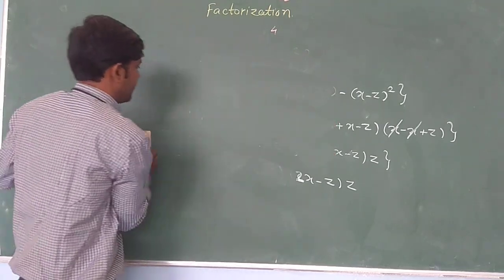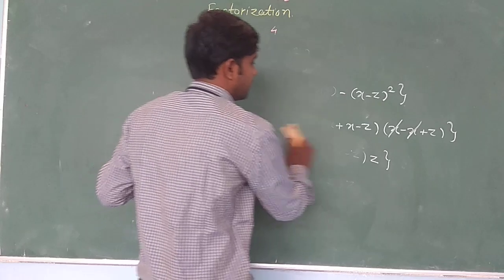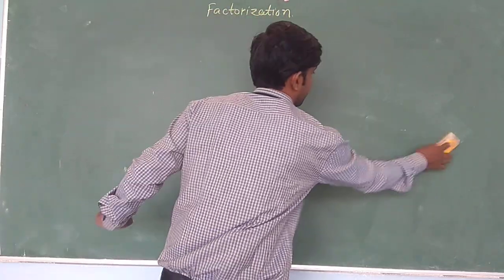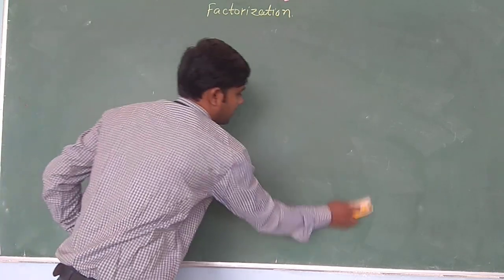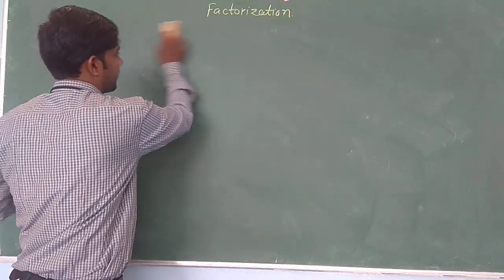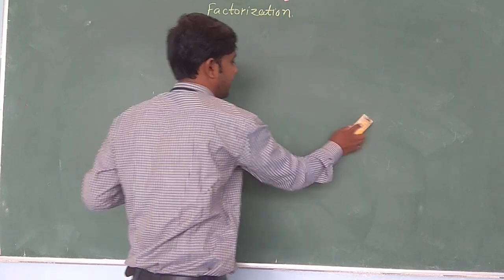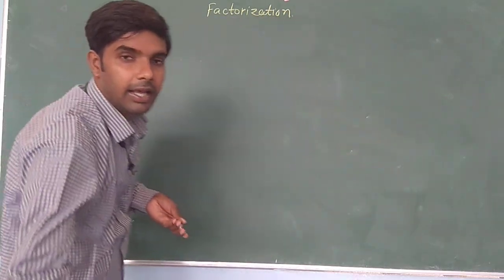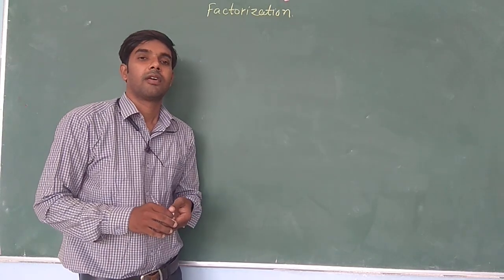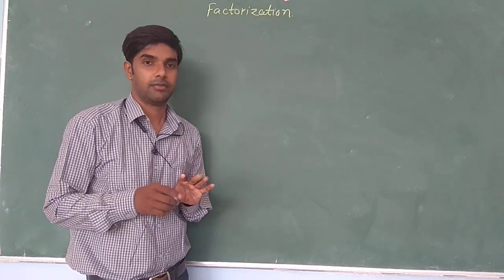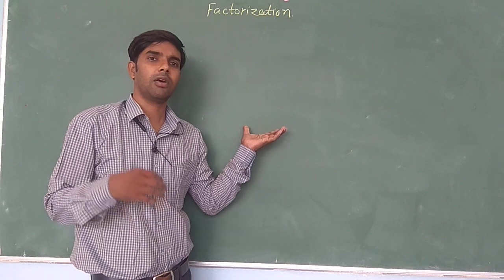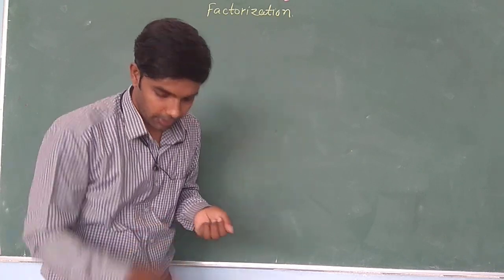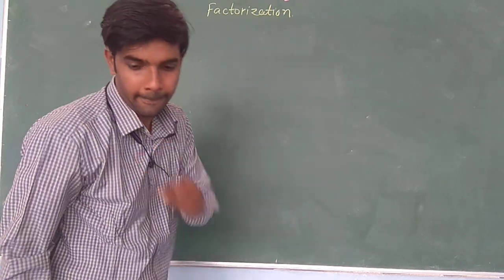You should remember that you always have to use the first, second, and third identities in factorization. While factorizing any given algebraic expression, you should apply the three identities whenever needed. It depends on your example which identity you are going to use. So write down the second example.